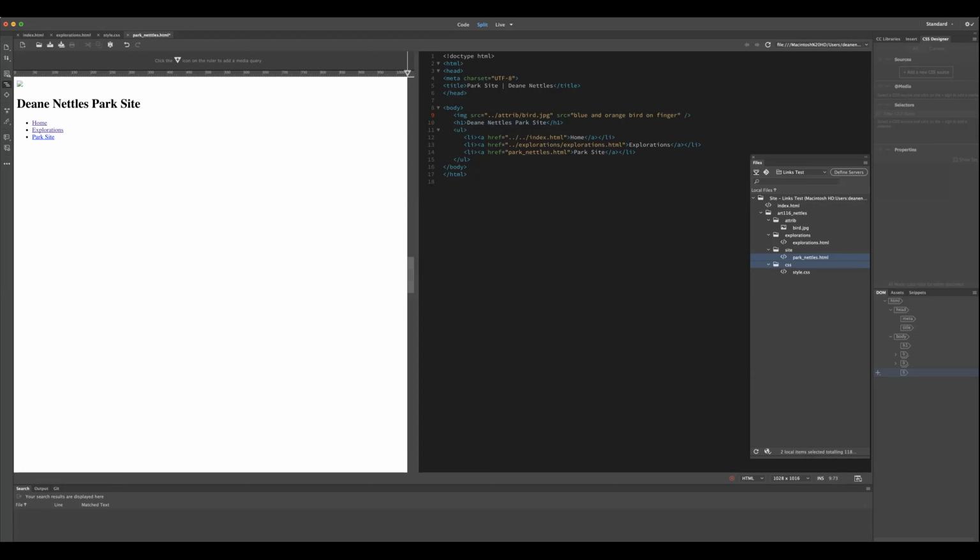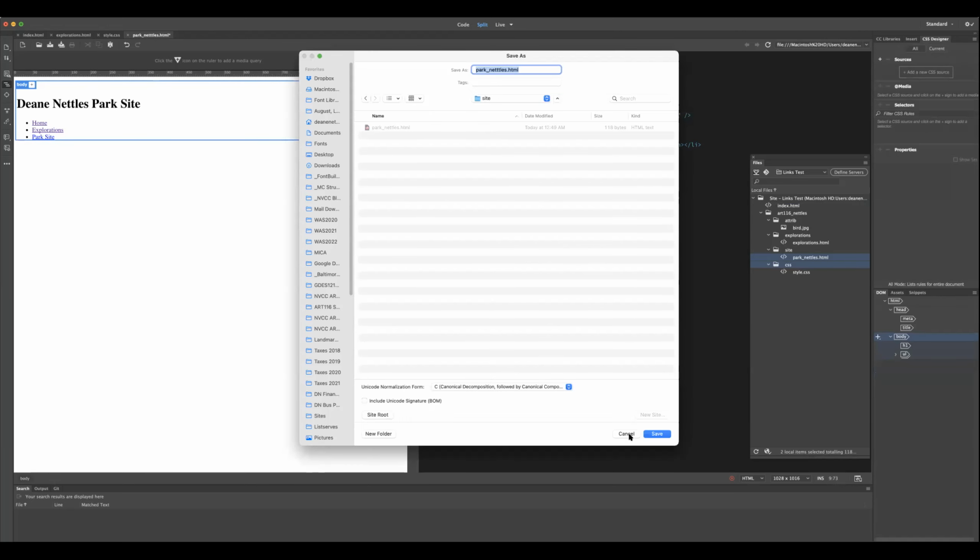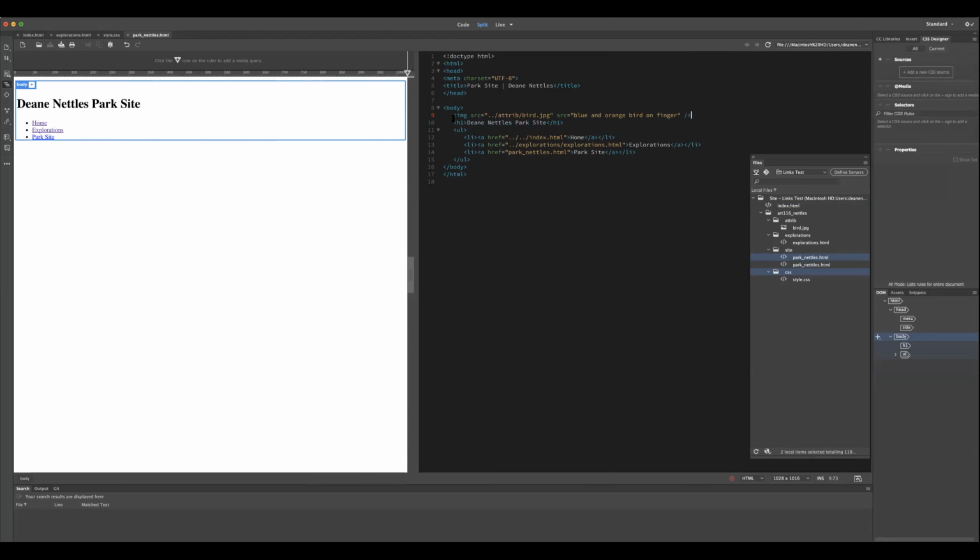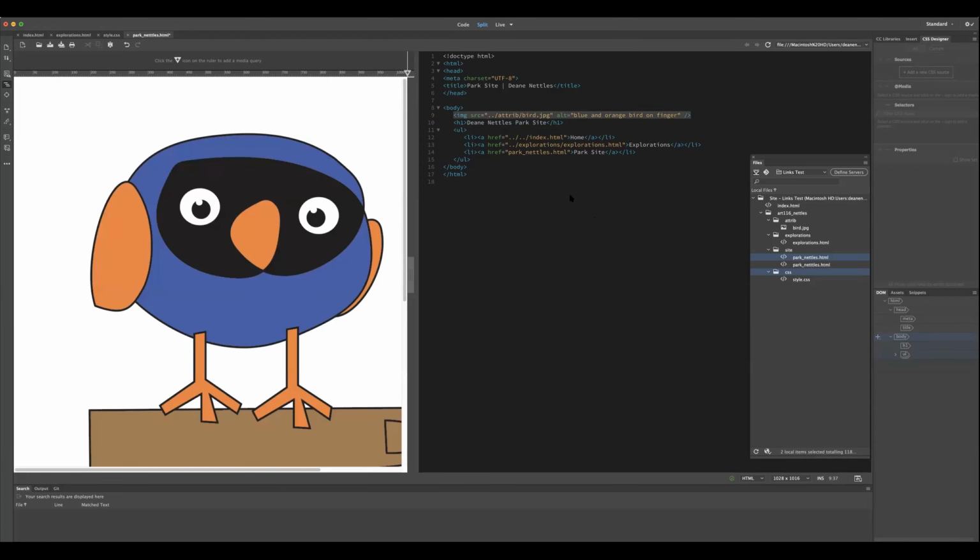Why am I getting an error? I don't know. Okay, so now I'm going to see. Oh, right. So that was wrong. So that should be Alt. Okay. And notice that the bird is again too big. And so I'm going to go under title and I'm going to go link